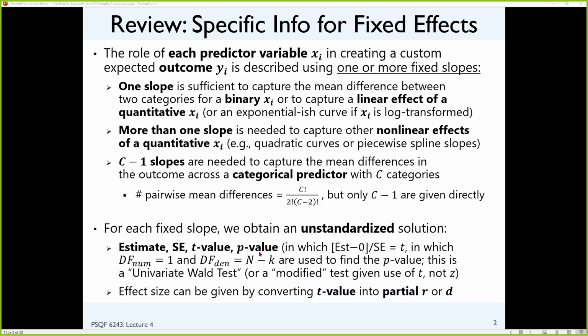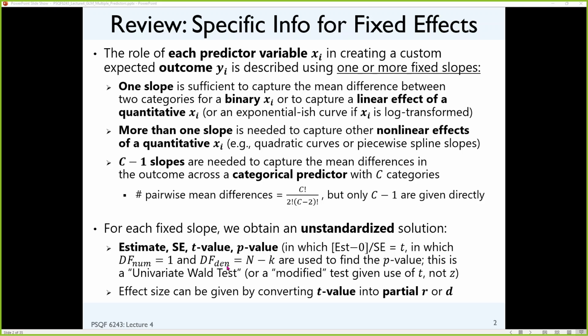Then a corresponding p-value shows up on your output that tells you where on t your result lies. What is the probability that you would find a slope that big or bigger if the null hypothesis were true? And usually it's a null of 0. So then we have degrees of freedom, 1 if you have one slope, more than 1 if you have more